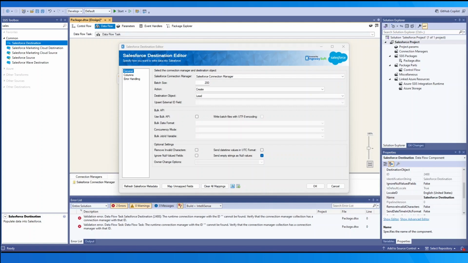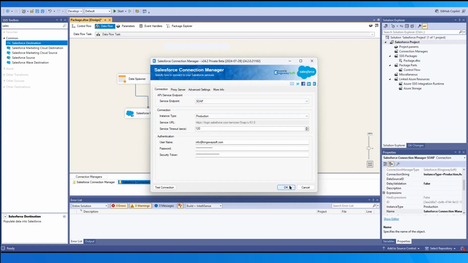When using REST as the service endpoint for your connection manager, the only option under the Bulk API section you can change is whether to use Bulk API or not. The grayed out options are handled by the service, so you will not be able to change them. However, with SOAP, you will have more control.